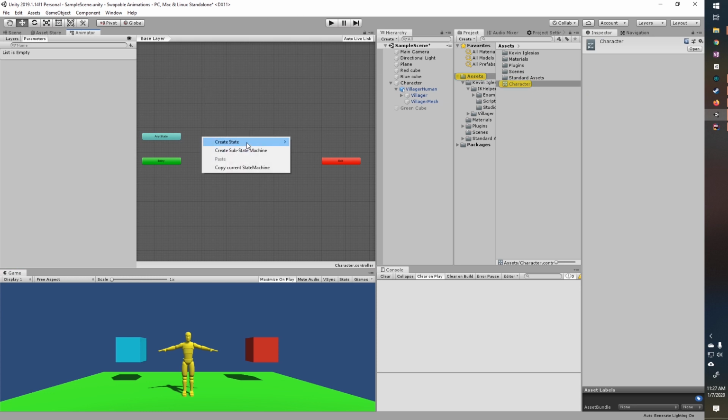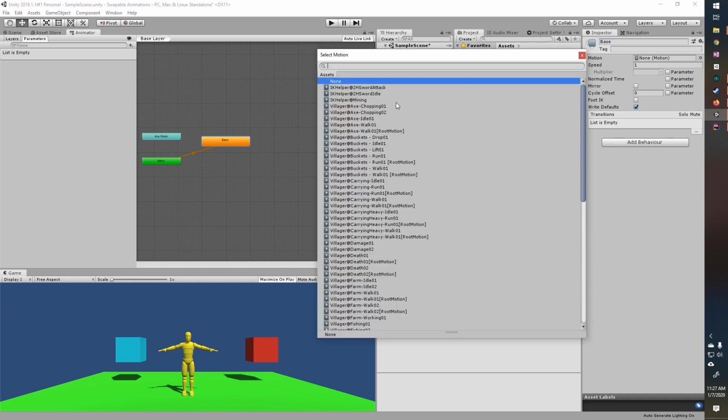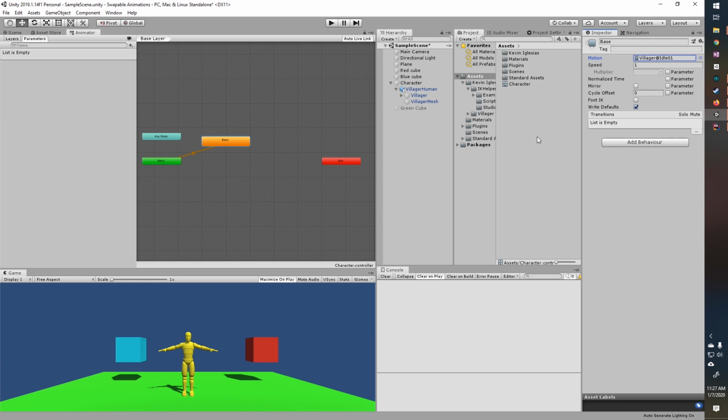So we're going to create a new state. This will be our empty. This will just be our base state. We'll call that whatever you want to do. This is going to be like an idle state that your character goes into. So we'll just choose one of these idles. See, there's a lot of animations for these. Super nice. And then we're going to create a new state, and this is what I'm